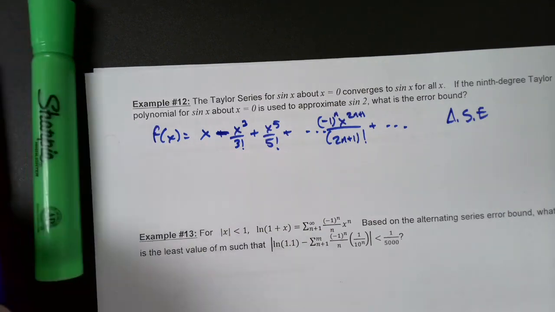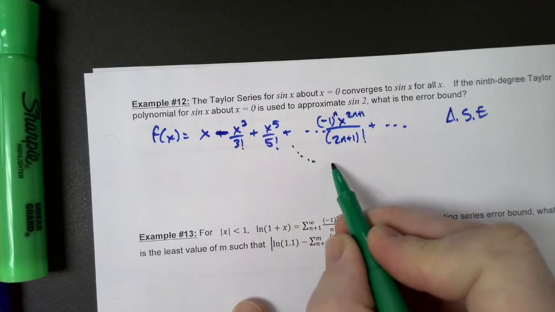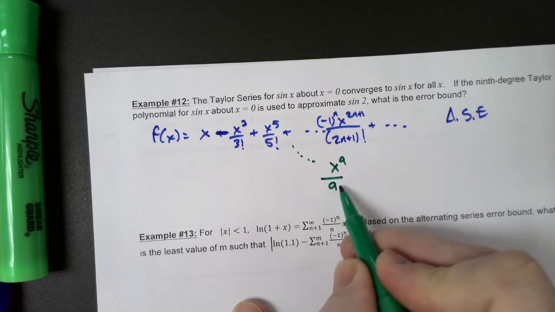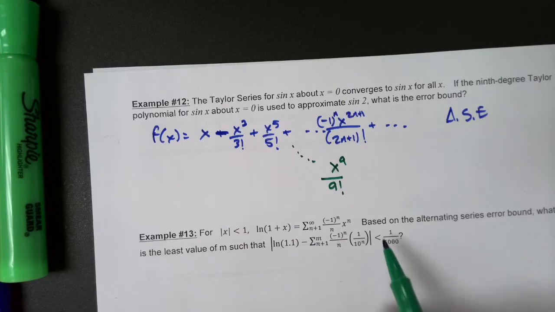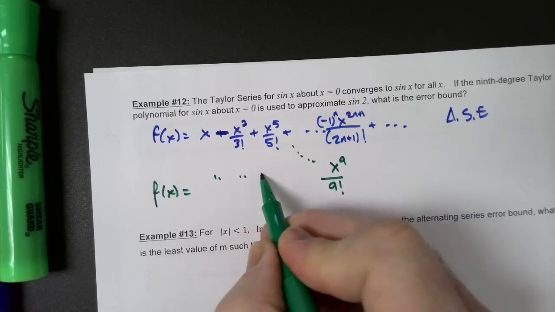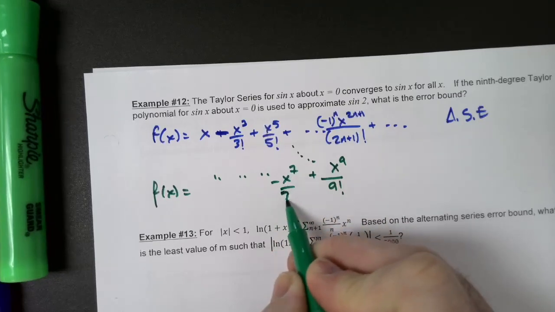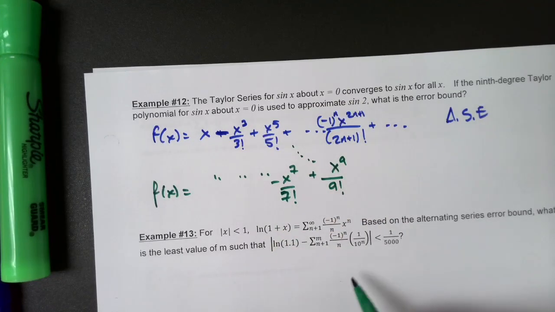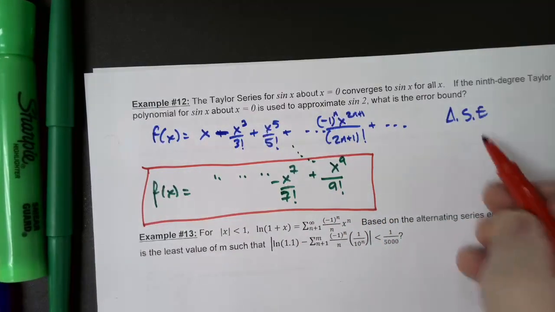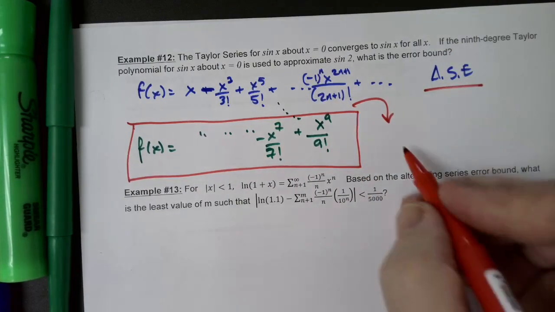So the 9th degree Taylor polynomial, think about where this fits in here. Won't we have an x to the 9th power eventually in here? This will be over 9 factorial, which means if we use that, f of x would be all of those that we have up there, and then before it would be the x to the 7th over 7 factorial. Since we stopped right here using the alternating series error,